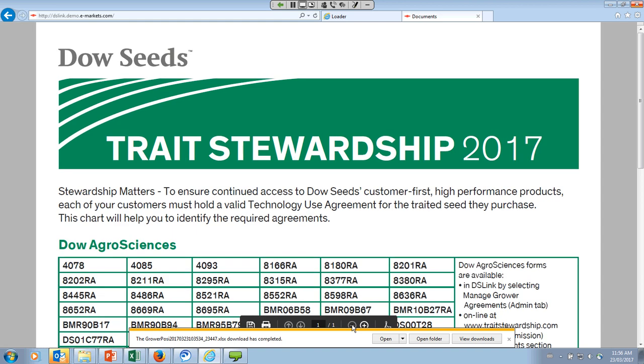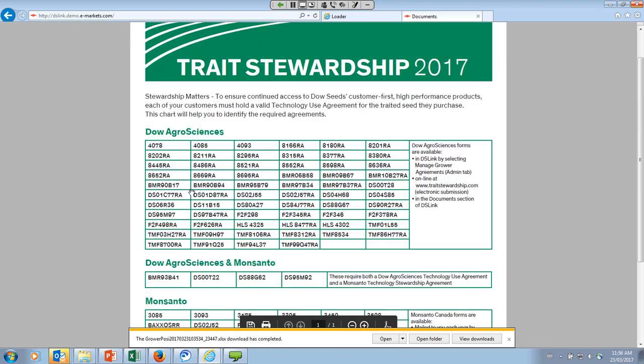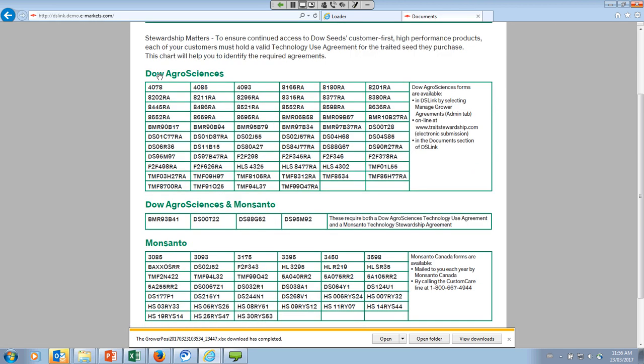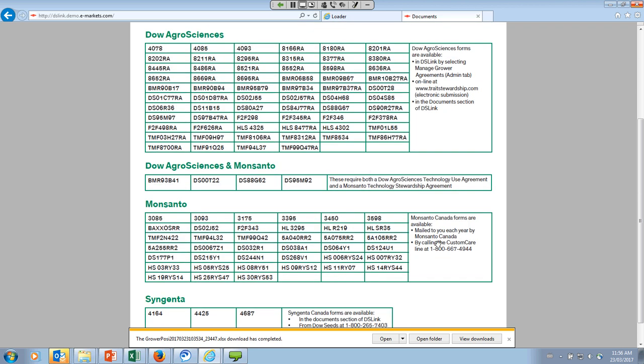is so it lists all of our products that are Dow AgroSciences traits and tells you how to get the agreement form to get it signed. It lists Enlist, these are all Enlist products across the middle here. They require both the Dow AgroSciences and a Monsanto agreement. So you would follow the Monsanto information to get the Monsanto and the Dow information to get the Dow licenses